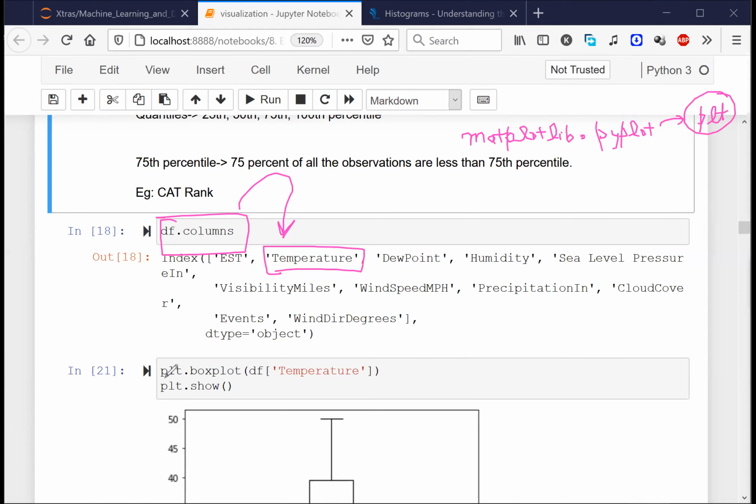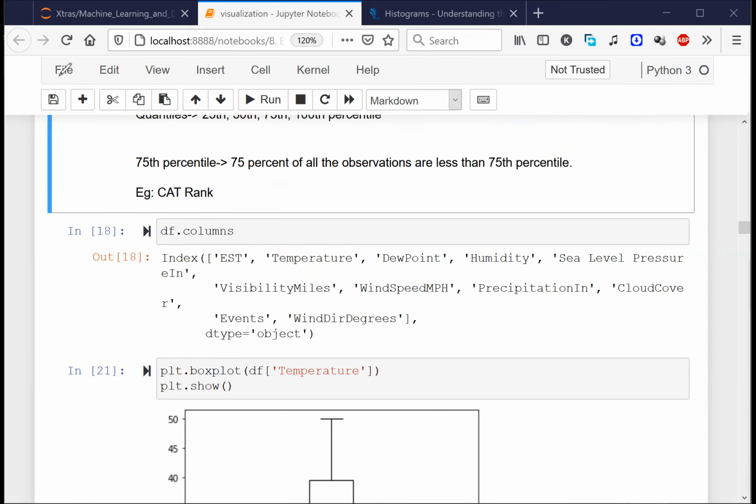Do you see that we are using something called PLT here, and there is something called box plot inside this PLT? Are you all able to identify this part? Matplotlib.pyplot, renamed as PLT, contains box plot. And is box plot a univariate or a bivariate analysis tool? Yes, it is univariate. We have already seen at the start of this session that it is univariate.